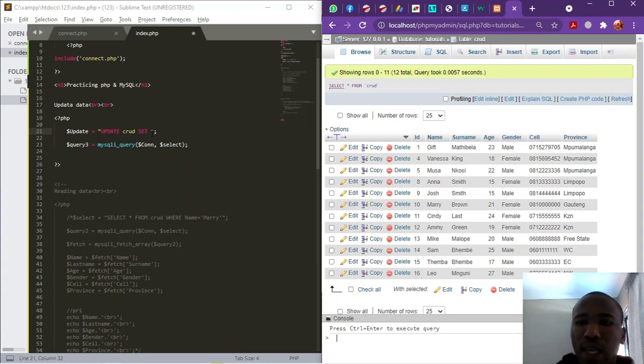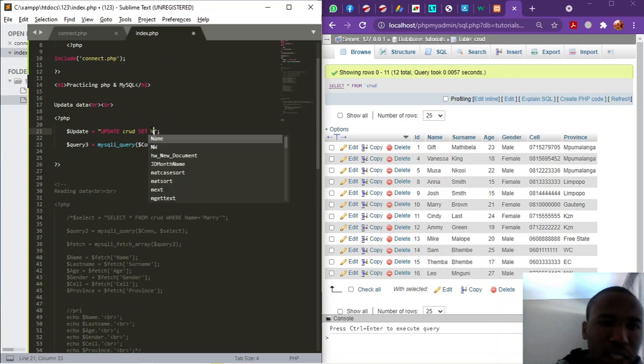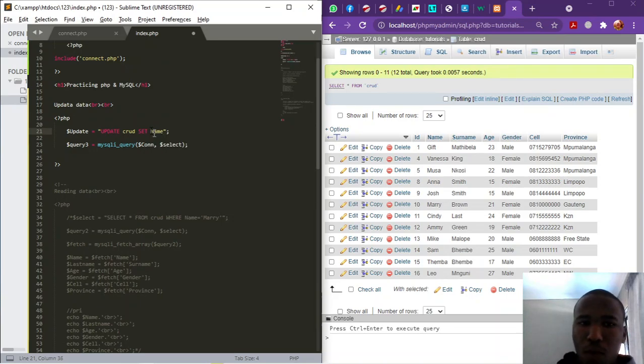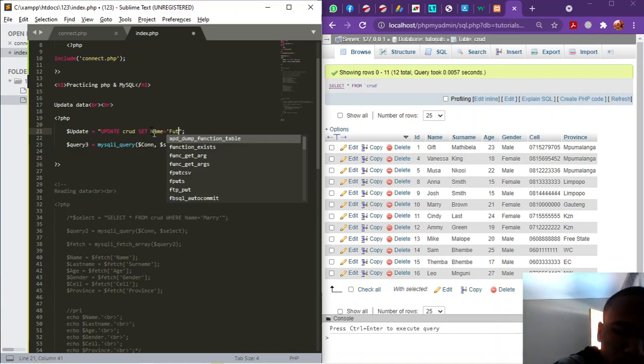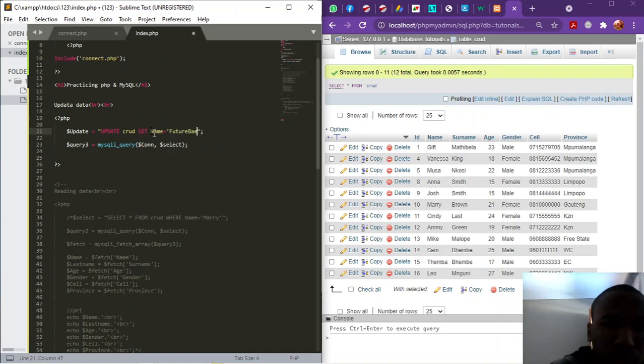For example, set name equals to person, the nickname being future pay, right, where